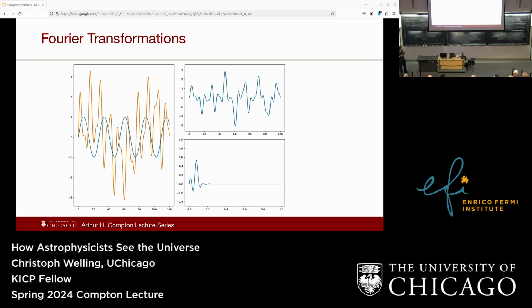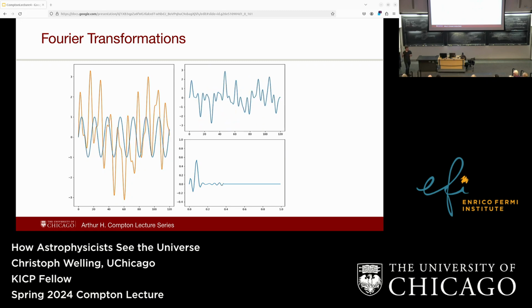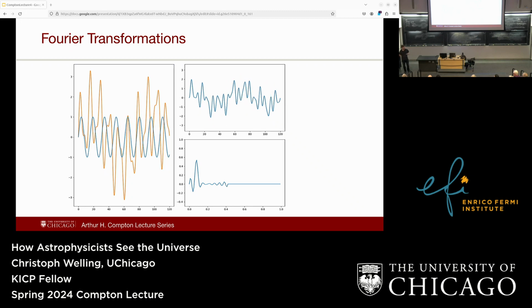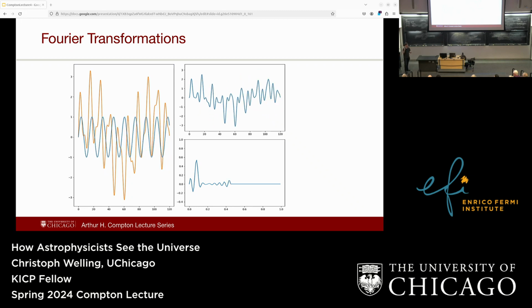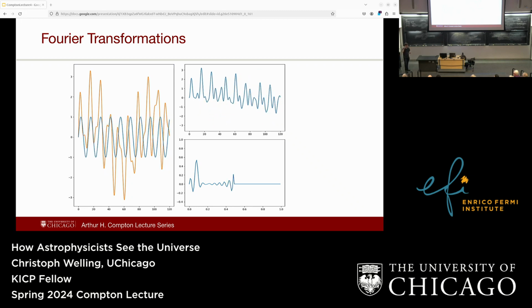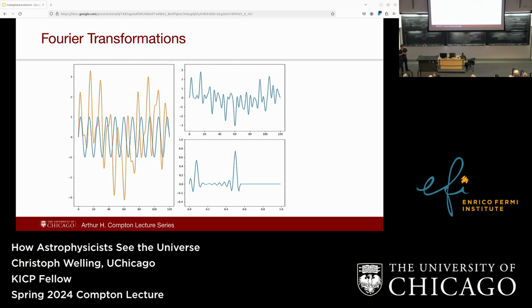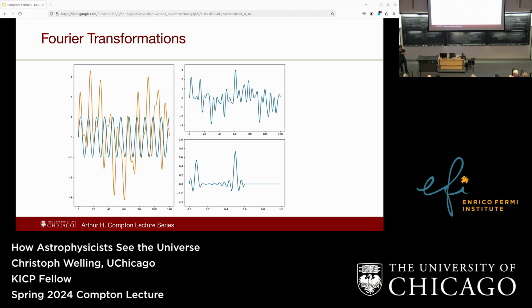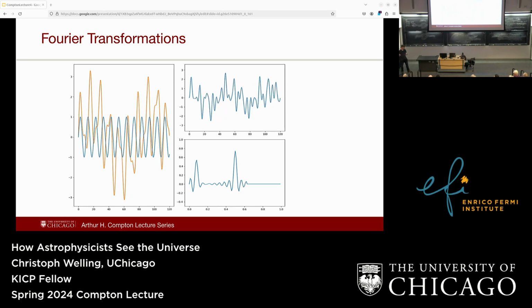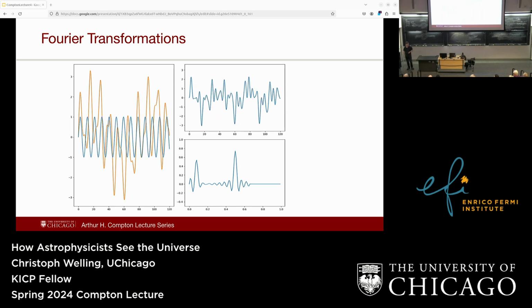But there's also, depending on what wavelengths I throw away, I can tell what information I'm losing. So for example, if I want very fine details, something that changes very quickly, that's going to be encoded in the very short wavelengths. So if I throw them away, I'm going to lose a little bit of the detail, and I need to be aware of that. That's true.